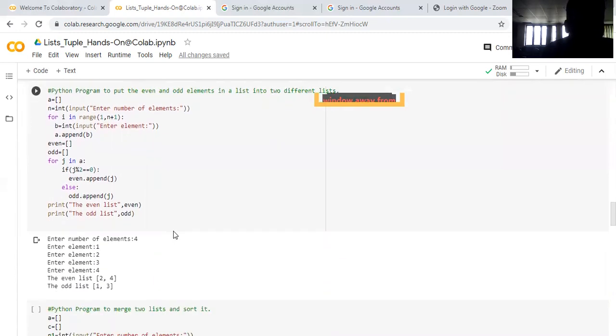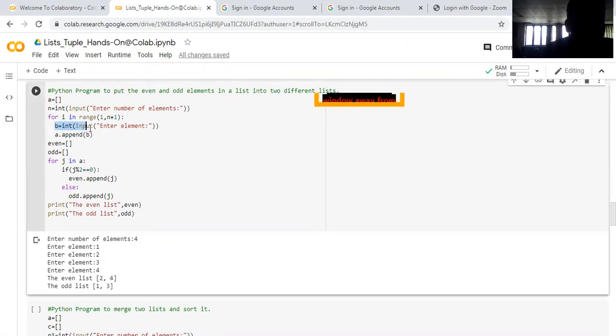Next you come to the program to print the even and odd numbers. Same sequence, total number of elements. Once the total number of elements is there, you insert the elements one by one, using the same statements you used in the previous one. So b and append a to b. b is the first value, a is the next value that will be appended.